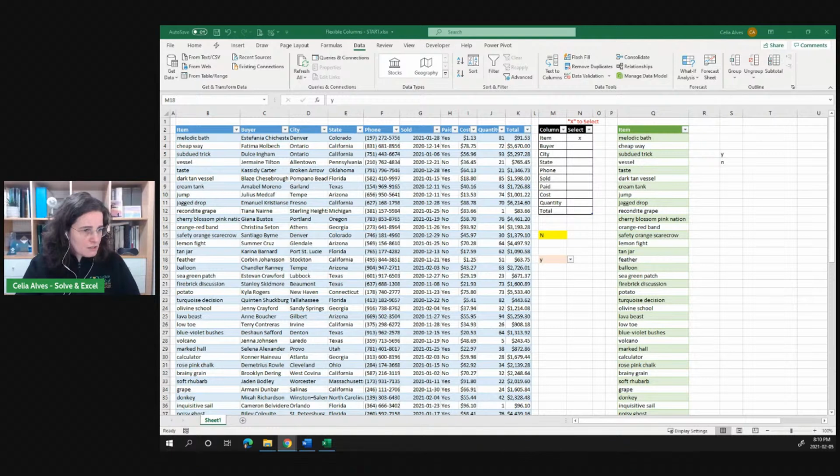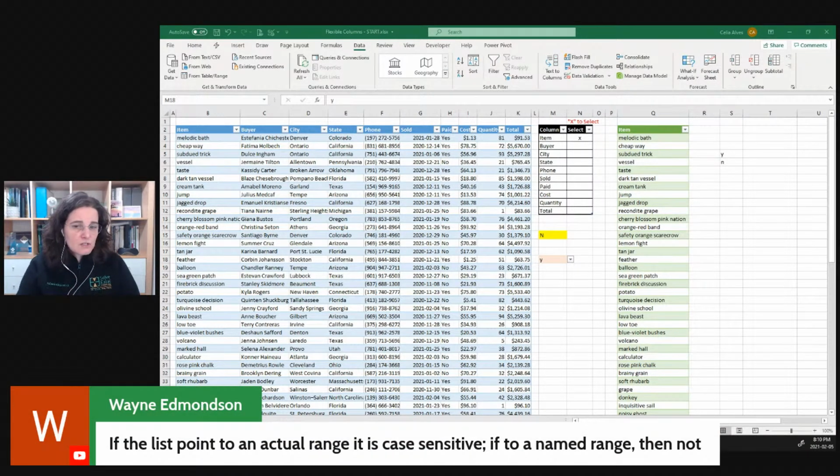So I have a question here from Wayne. If the list points to an actual range, it is case sensitive. If it points to a named range, then not. That's another interesting tip. So let's test this final